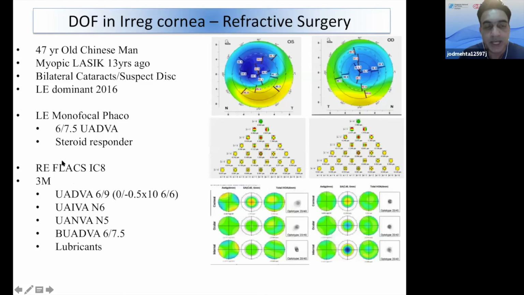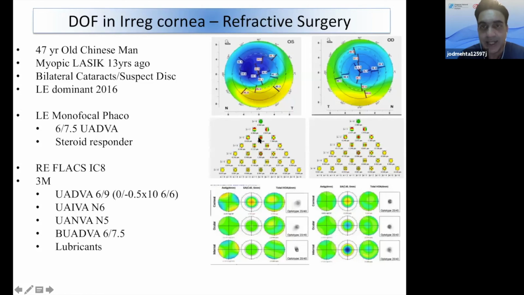So he underwent right side flax, which is on this side over here. Pretty good visual acuity result at 3 months, both for distance, intermediate, and basically on near. Again, needs a lot of lubricants basically afterwards. He's a refractive surgery patient, and of course had a previous flap, so of course he needs a lot of topical lubricants. And interesting, if you do a KR1W to assess his barometry,